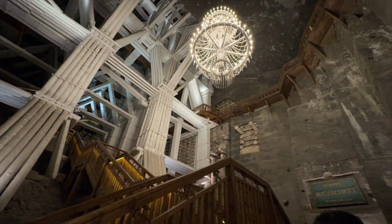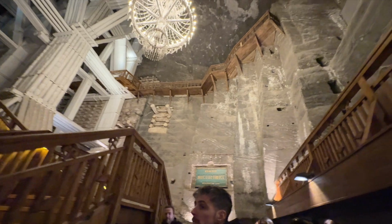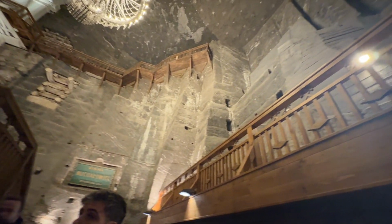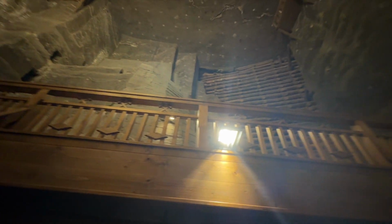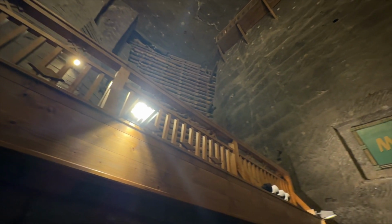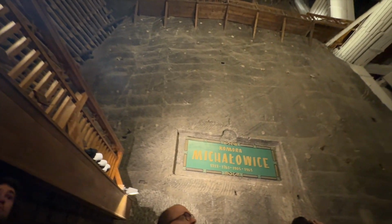in the Michałowice chamber now. Miners started to excavate salt here in 18th century, and it took them more than 100 years to take all. It was very huge lump of salt. In this chamber, you can see that not only miners, diggers, but also engineers, carpenters were very important in our